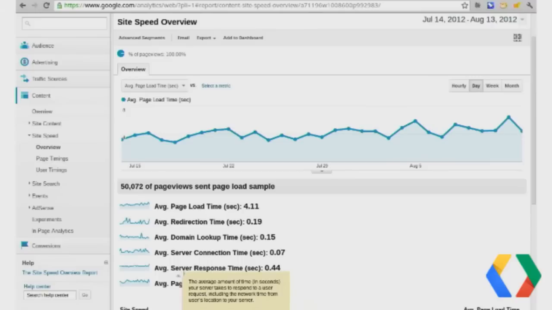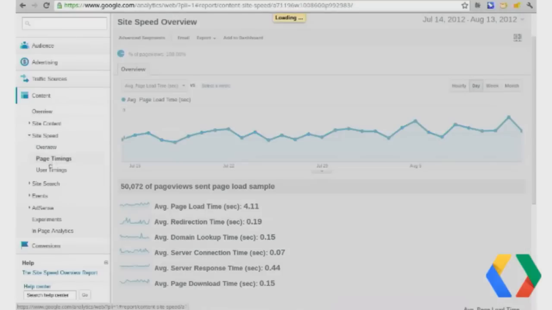So this is interesting because I think this comes as news to a lot of people. It's like, Google Analytics can measure my server response time? I thought I had to look at my logs for that. It's like, well, not anymore, because we have this data. It's in the browser, which is great. And we also have other metrics. So this is the high-level overview. We can also go in and drill into the page timings.